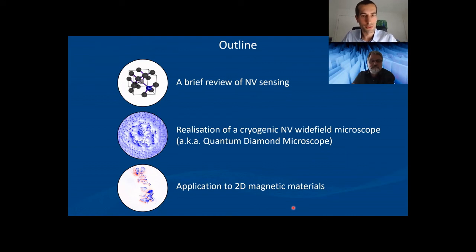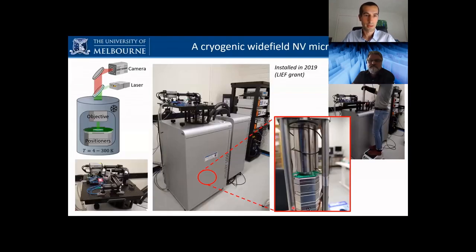I'll move on now to the second part of the talk, which is about a more recent instrumental development, if you like, which is a cryogenic version of what I just described. So this is the system in our lab, which is based on a closed cycle cryostat from Attocube that we received in early 2019. So this is a top loading cryostat with a base temperature of 4K with a superconducting